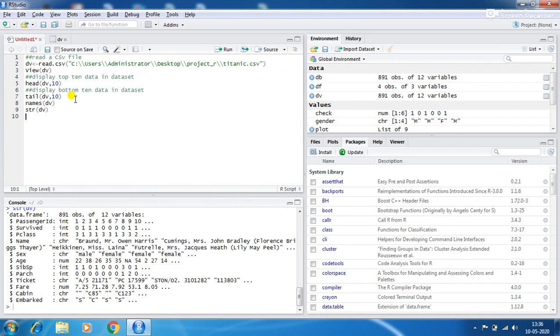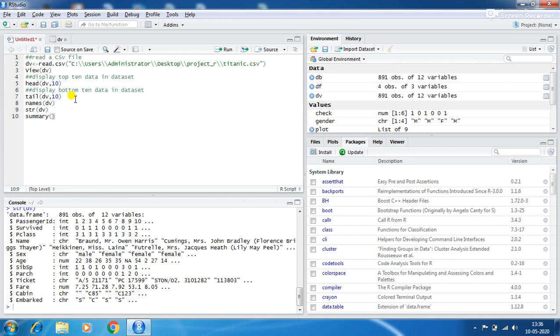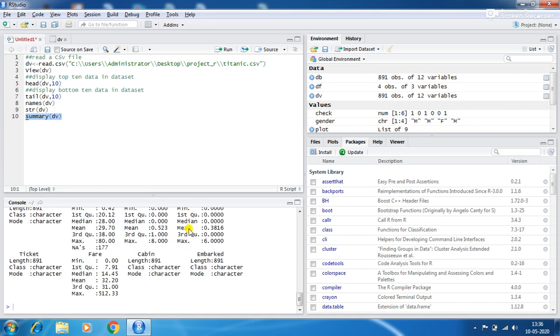Next, summary. Summary summarizes each attribute in the dataset.